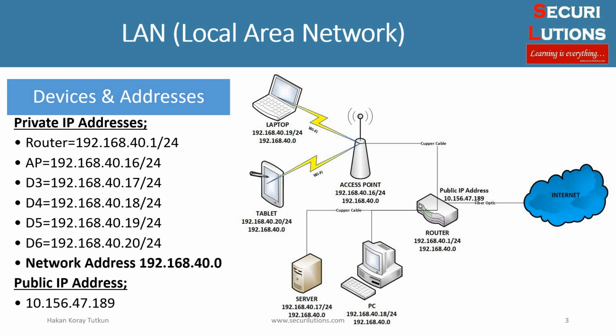Let's talk about the private IP addresses of our LAN, and you can see which IP address belongs to which device in the topology on the screen. For the router, IP address is 192.168.40.1/24, and network address is 192.168.40.0. For the access point, IP address is 192.168.40.16/24, and network address is 192.168.40.0. For the server, IP address is